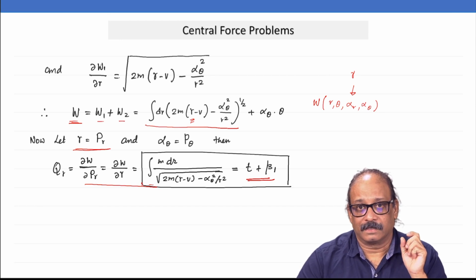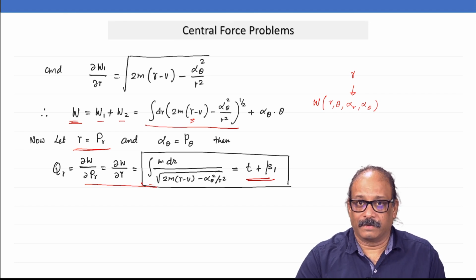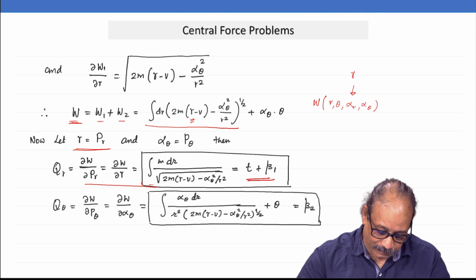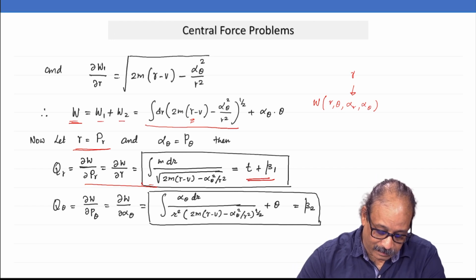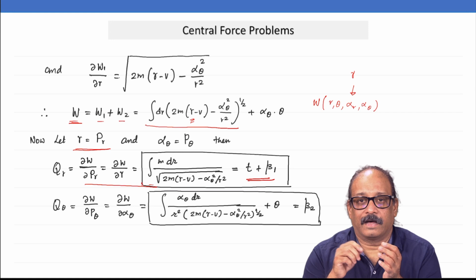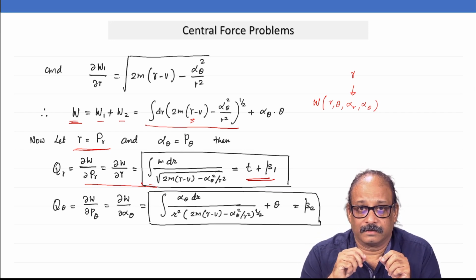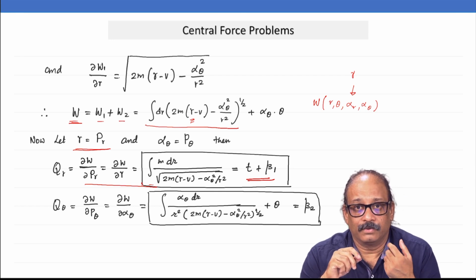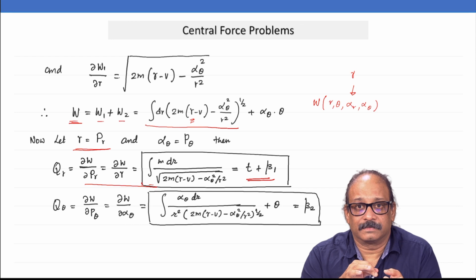We have done central forces in our BSc, and when we did that, we came across this particular equation, and similarly the theta equation also can be gotten here. Theta equation, can you see that it will appear only in r and theta. So, in fact, the second equation here, which is for q theta, will give you the equation of the orbit directly, r in terms of theta or theta in terms of r.